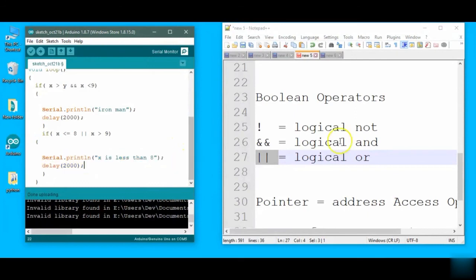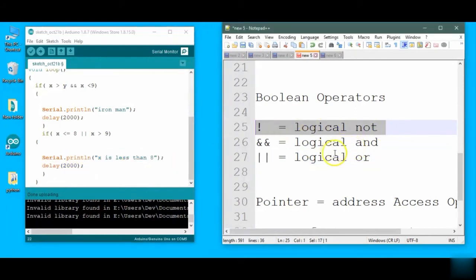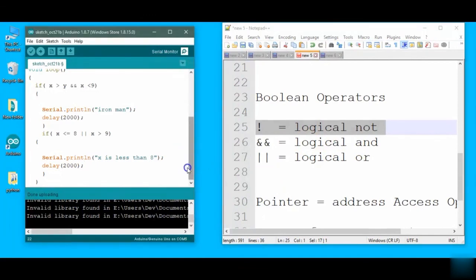Similarly, we have logical NOT, which means not equal to, which is similar to the not equal to operator. So this is about the operators, and I think now the program is getting something interesting because we are working logically now,